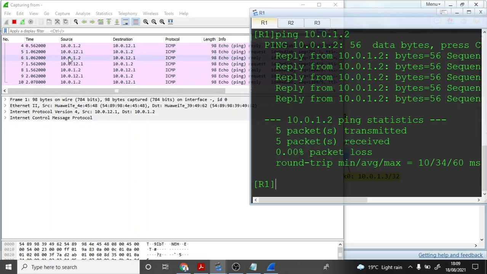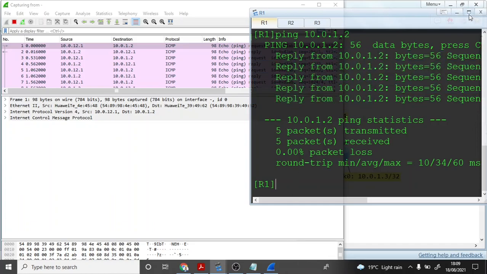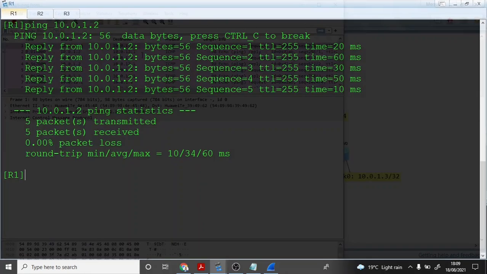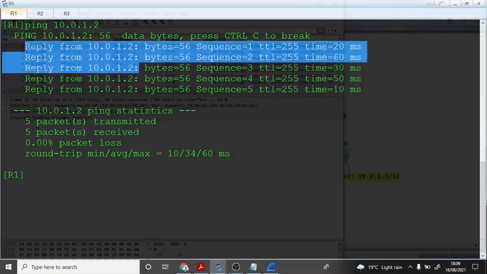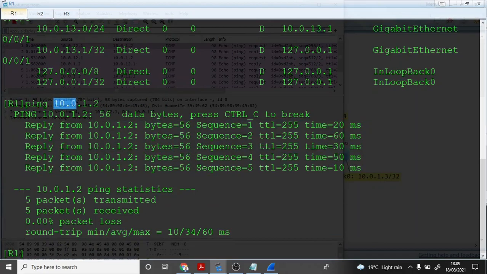Okay, so we captured everything, and we actually got a reply after configuring that particular static, and let me explain why. So we've gotten a reply after pinging this guy, and the reason is because